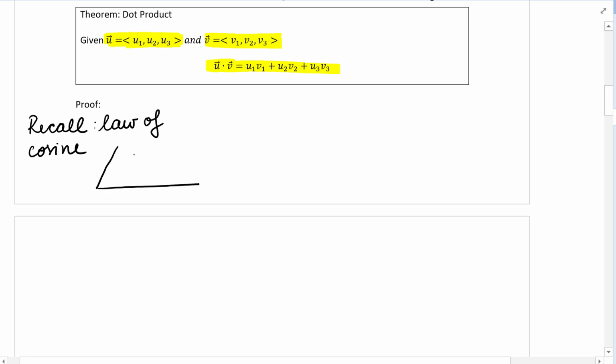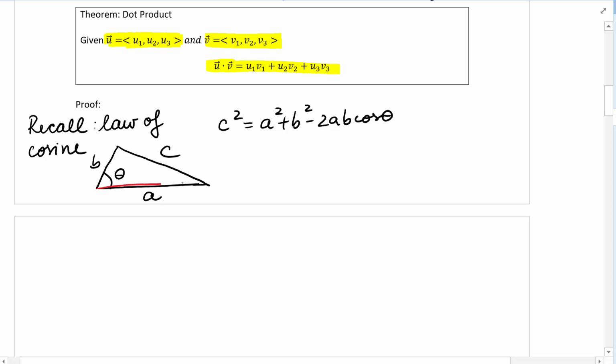If we have a triangle ABC with the angle between A and B theta, C squared is equal to A squared plus B squared minus 2AB cosine theta. So in our case, I consider this vector u, this vector v, and this vector u minus v,